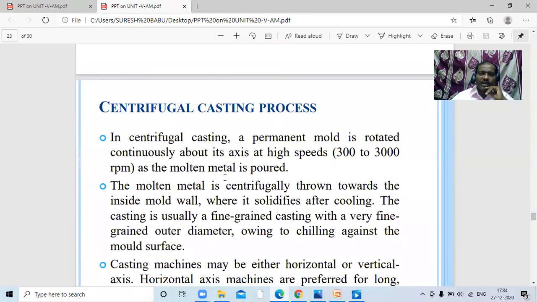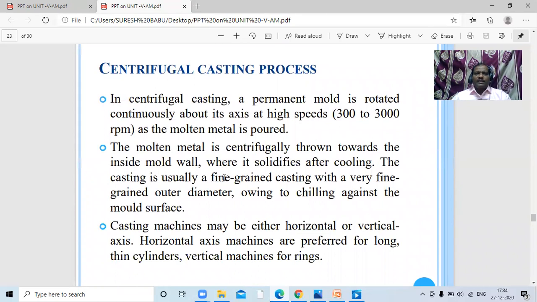Now we will go for the highlights of this centrifugal casting process. In centrifugal casting, a permanent mold is rotated continuously about its axis at a speed of 300 to 3000 rpm as the molten metal is poured. That means as the molten metal is poured inside a mold, the mold makes rotations.